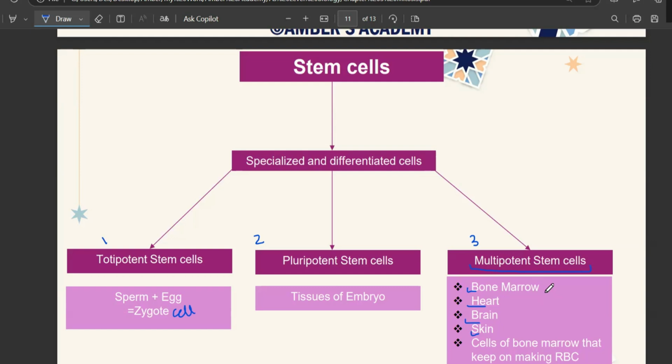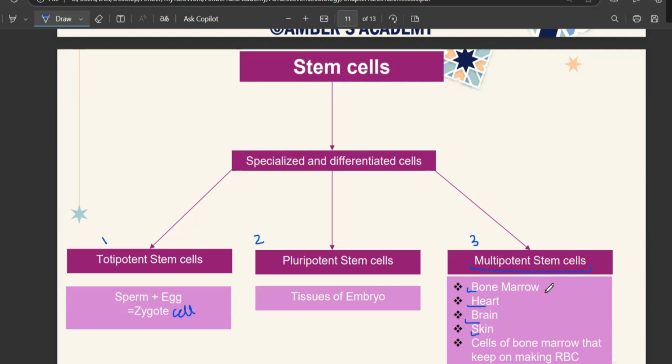They undergo the process of differentiation, and then we have three different categories of differentiated cells: totipotent, pluripotent, and then multipotent. Initially, we have totipotent stem cells, which means that with the combination of sperm and egg, a zygote is formed. Then eventually when the zygote grows, it becomes an embryo. So then we say that it's a pluripotent stem cell. And now during the adult stage of life, or right after a baby is born, we can say that it has multipotent stem cells because all of the cells are working in a proper condition